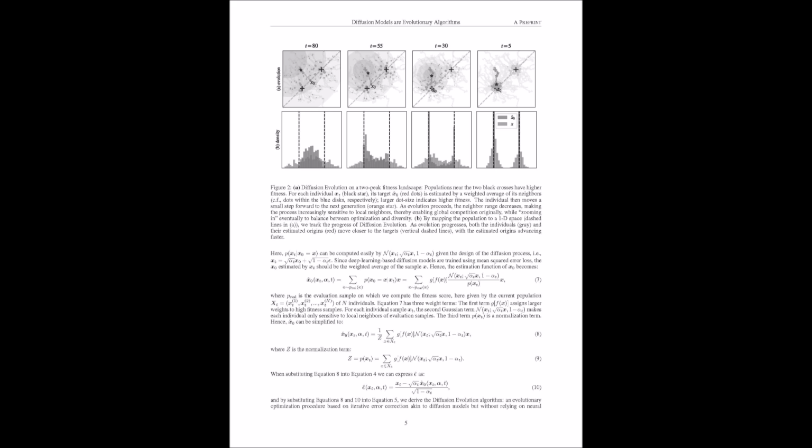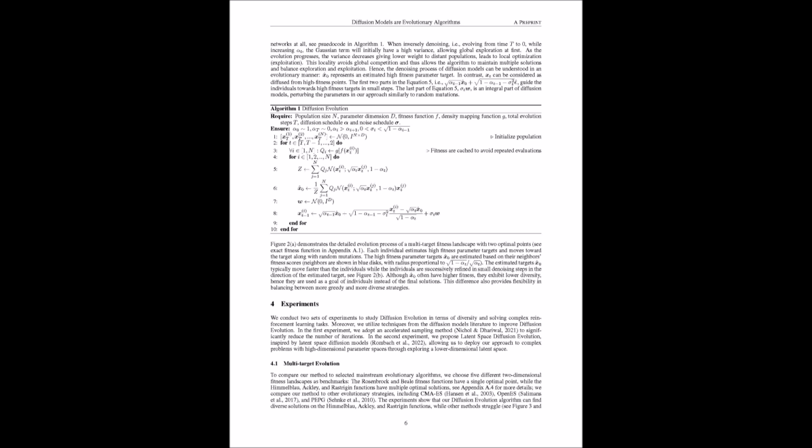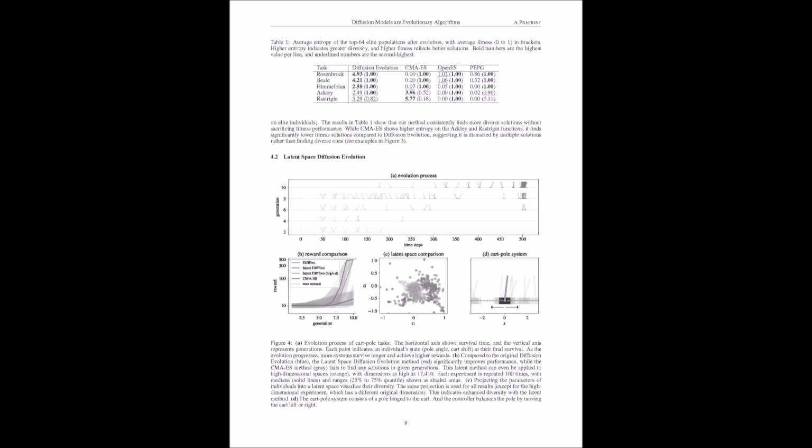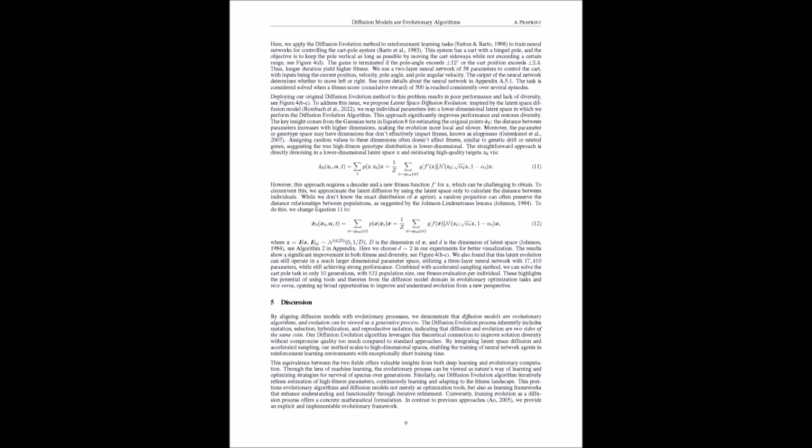Precisely. It's about finding the hidden, simpler structure within a complex data set. Instead of trying to evolve solutions in the massive parameter space of a huge neural network, diffusion evolution operates in a smaller, more manageable latent space. And then it somehow translates those solutions back to the original super complex space. Exactly. It's like finding the most efficient routes on a map and then using those routes to navigate a